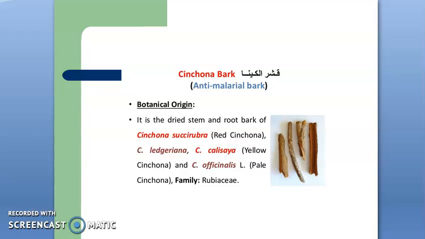So, yes students, we can see this detailed example and every aspect, every point of these drugs in our second video. So, up to here we have studied the detailed information regarding the bark, which types of barks, which types of fractures are present and which are the examples. So, thank you.